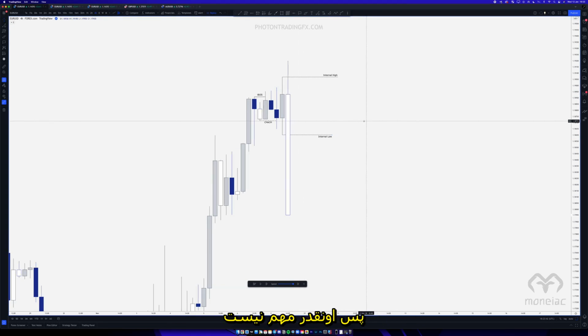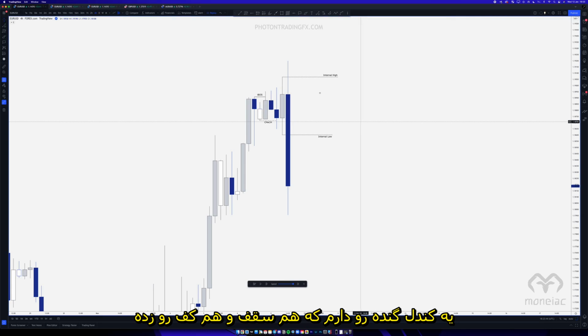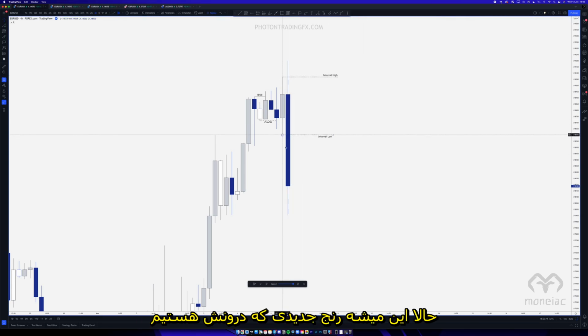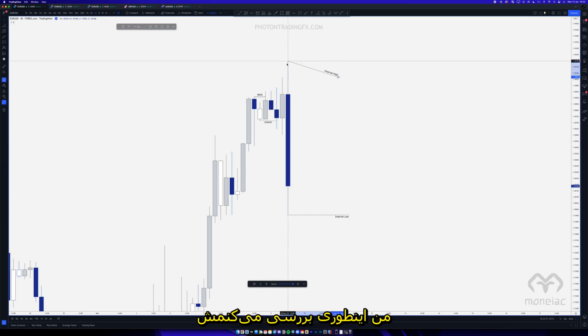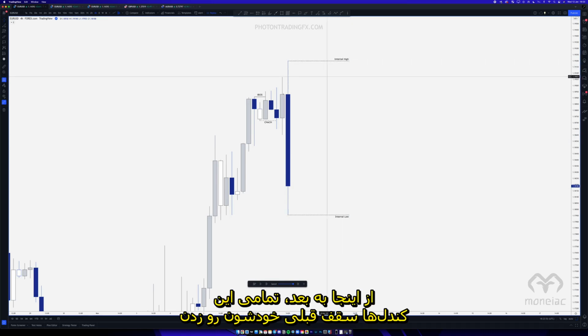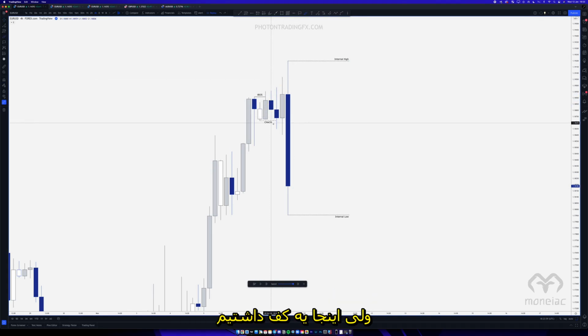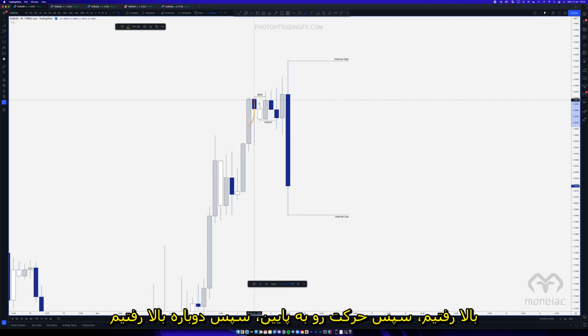So it doesn't massively matter. And then boom, massive candle again, taking the high, taking the low, okay? So then this becomes the next range we are within, right? So essentially that's the way I view it, okay? So yes, from this point onwards, all of these candles broke the prior candle's high, but there was a low here, right? We had a movement up, we had a down movement, we then had that movement up, and then